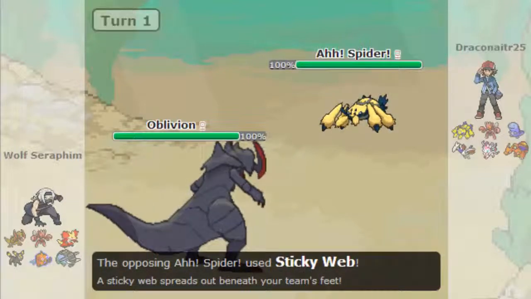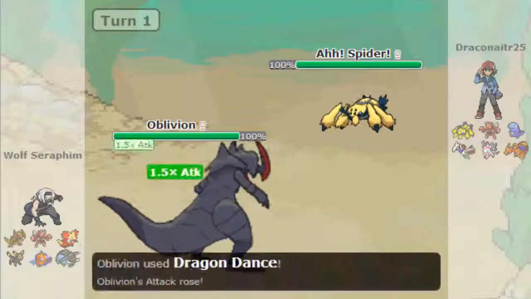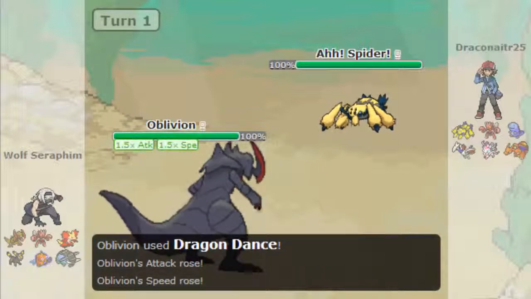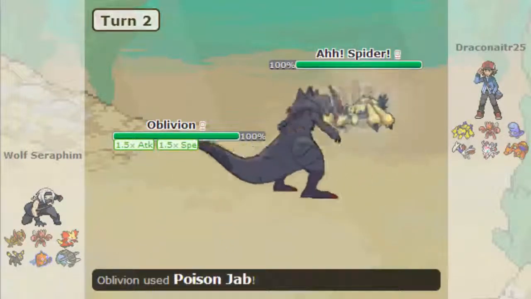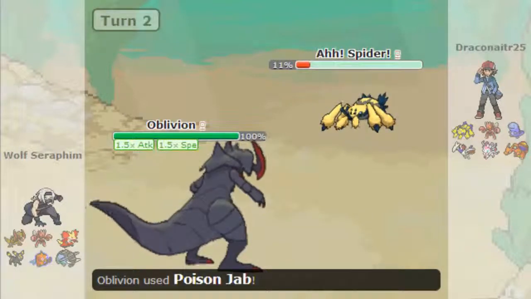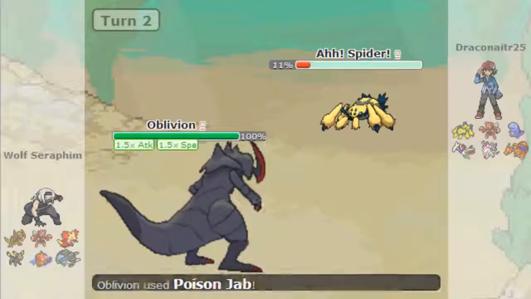Sticky Web goes up as Wolf sets up a little too early, but I'm guessing he just wants the immediate power to try to break through some of these walls, because they're really bulky. So there it is, and the fact that he led off with it most likely means that he has a Focus Sash. It goes with Poison Jab though here, most likely predicting the